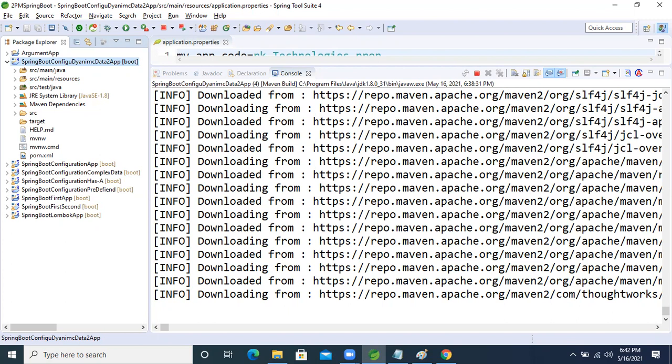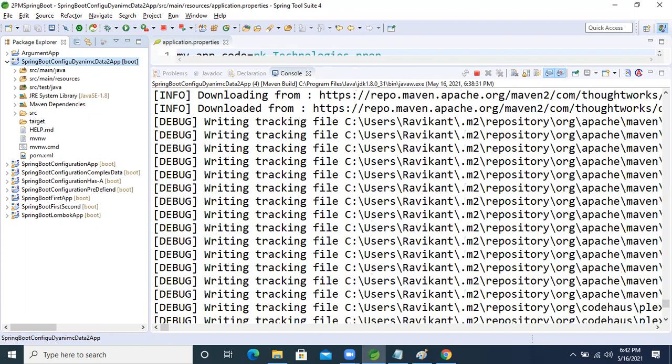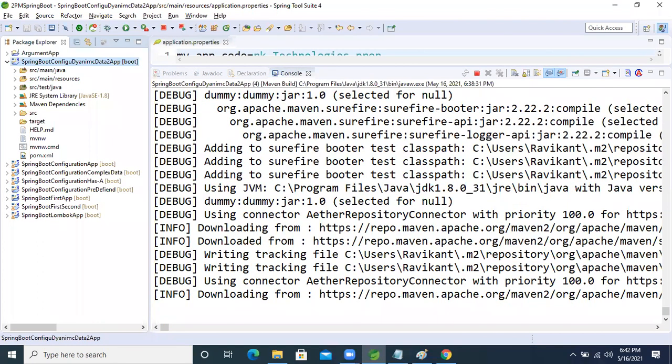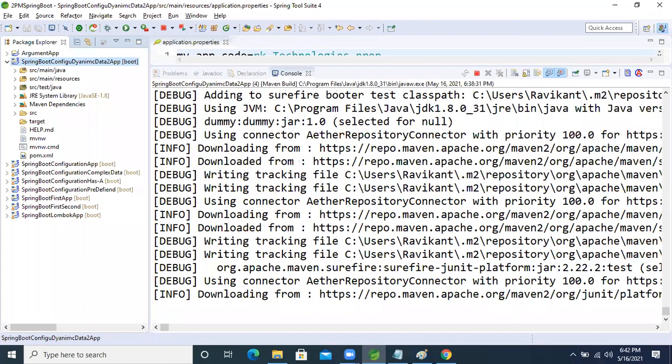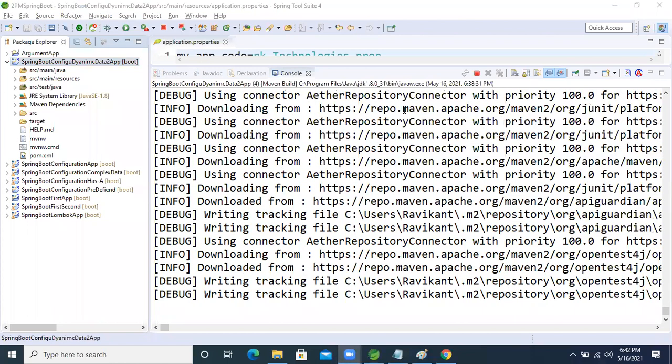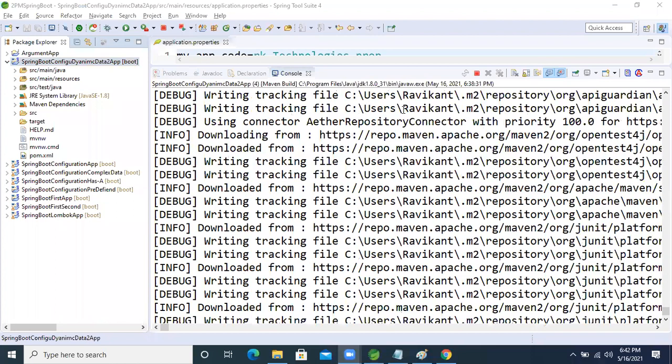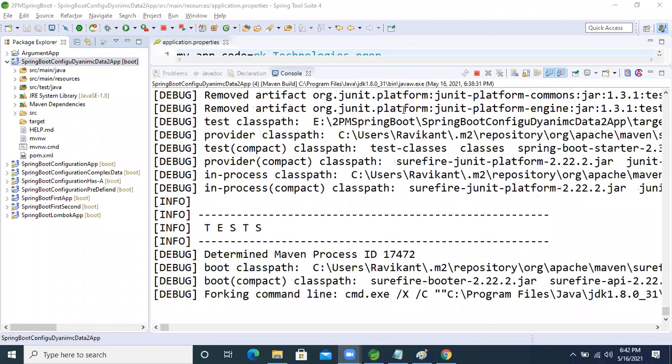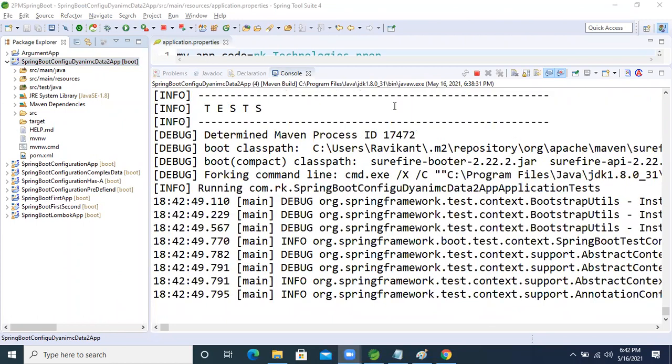Everyone is tired. Come on, use the chat box. Everyone will become tired, right? It's downloading, guys. Okay, it's taking time, no problem. Okay, but something is going good only. Now test, right? Determine my event process ID. Okay, fine. It will still take time.